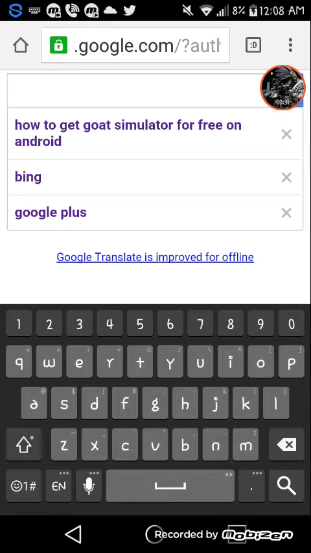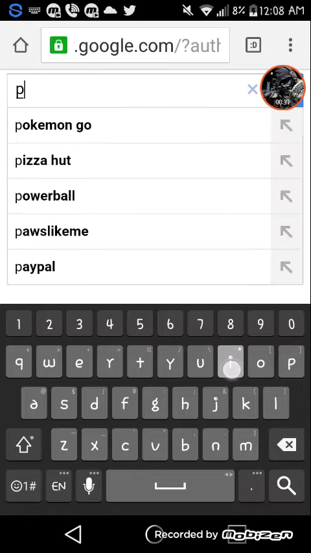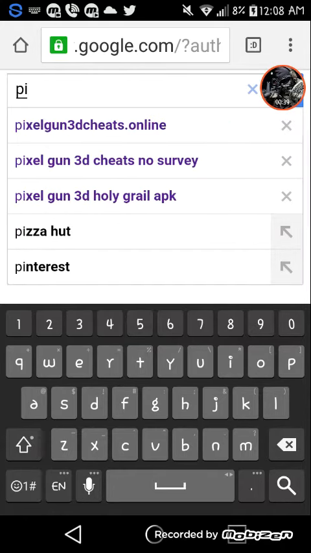Now you want to search Pixel 3D coin generator, no offers, and no survey.